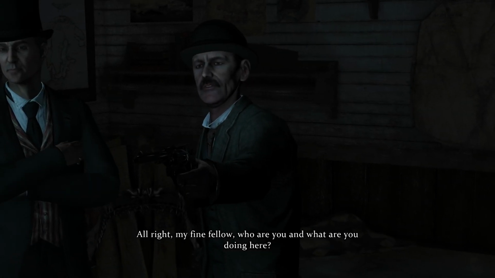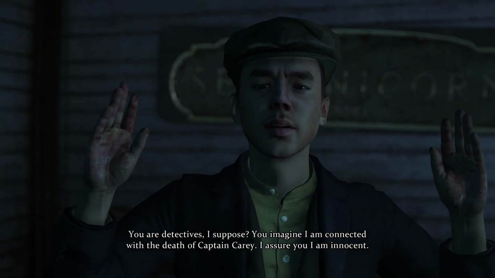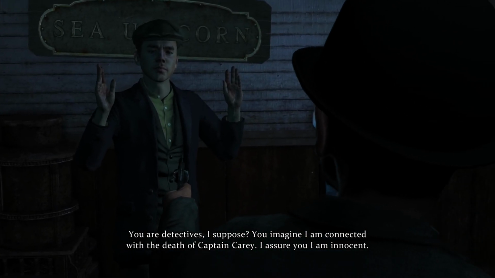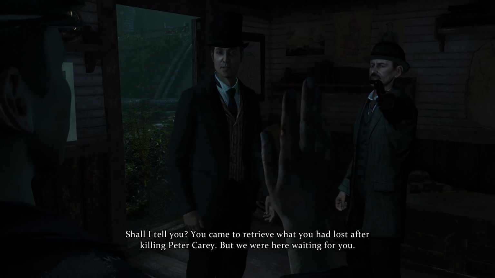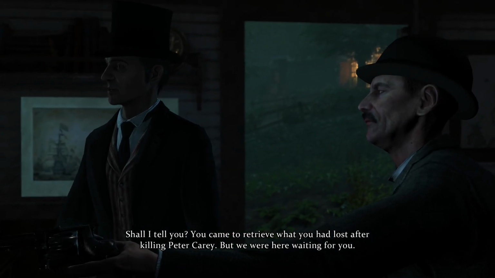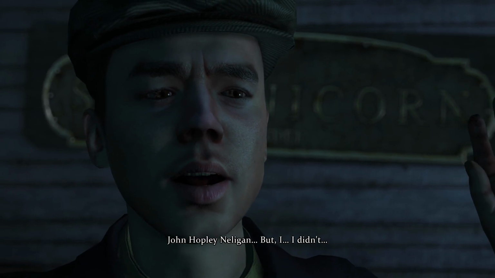All right, my fine fellow, who are you and what are you doing here? You're detectives, I suppose. You imagine that I'm connected with the death of Captain Carey. I assure you I'm innocent. Innocent? And what are you doing in his cabin? Exactly. Shall I tell you? You came to retrieve what you had lost after killing Peter Carey, but we were here waiting for you. What is your name? John Hopley Nelligan, but I didn't...